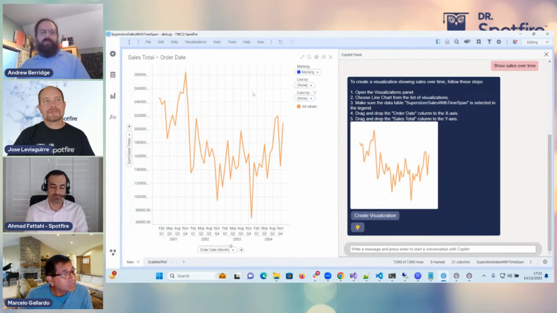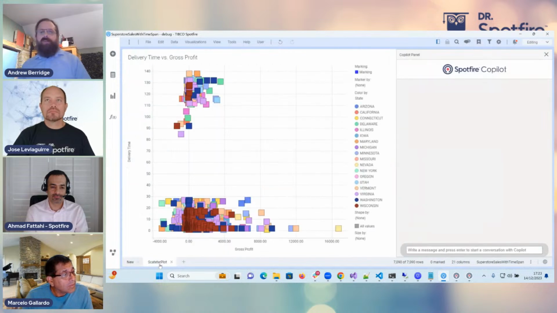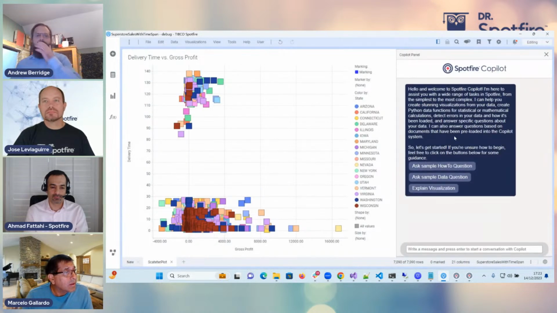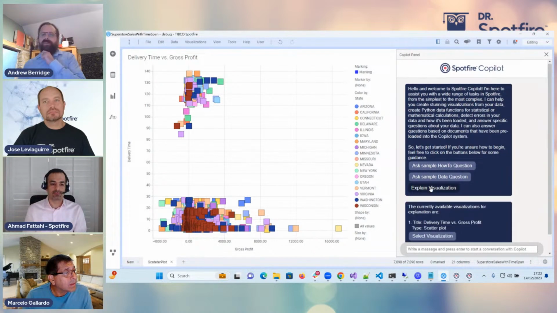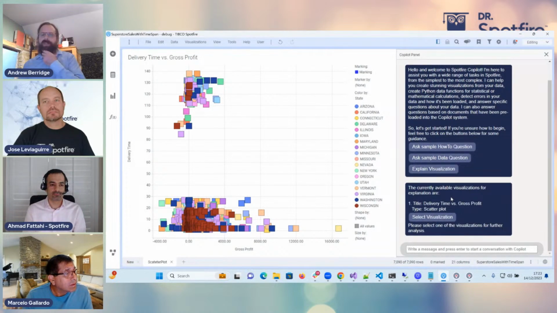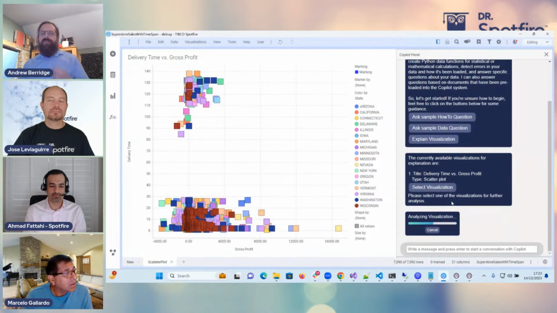So we also have the ability to analyze visualizations and explain them. In this case, there's a couple of things I'd like to point out. I've got on this page an existing scatter plot. It's perhaps not the most useful, but I'm just going to demonstrate the concepts. So if I select this visualization for analysis, Copilot will